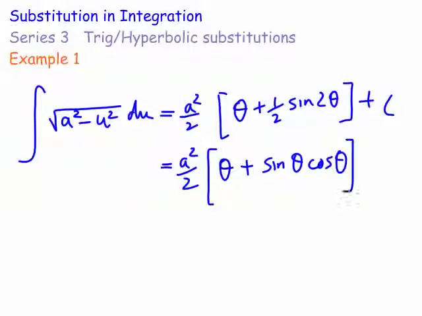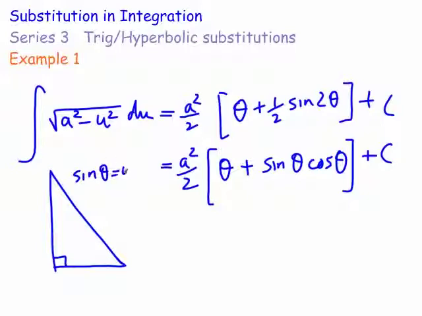Now, I always say it's best to probably draw up the triangle for the substitution. So here we have a triangle, and we know that sine of theta was equal to u on a. And then we know that obviously this side here, the adjacent, is the square root of a squared minus u squared. So we now need to basically